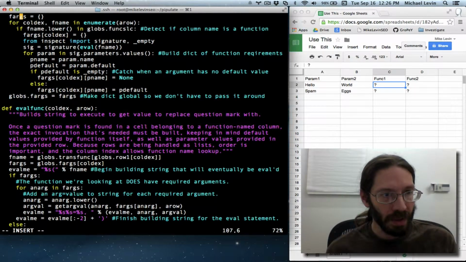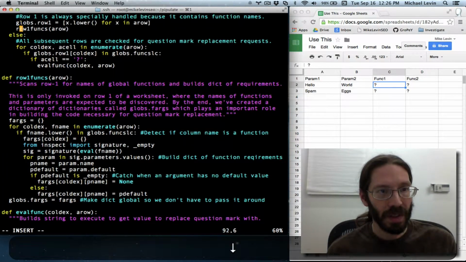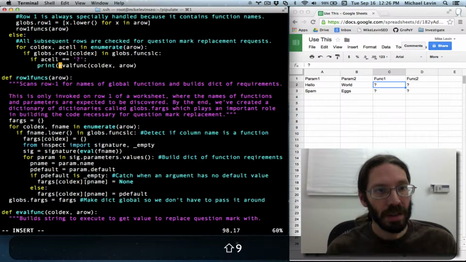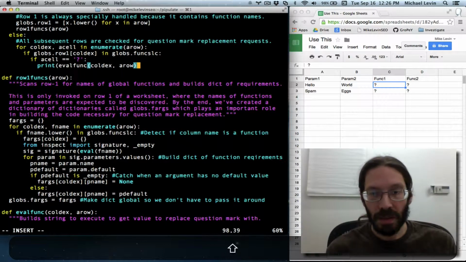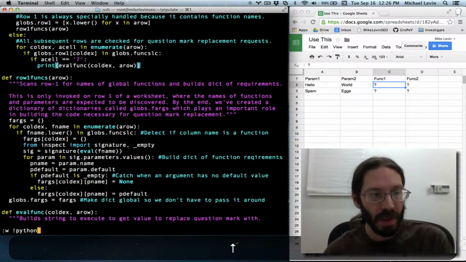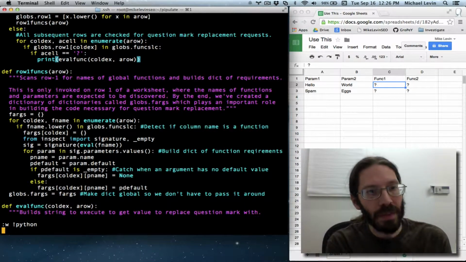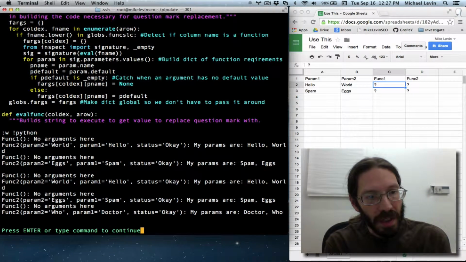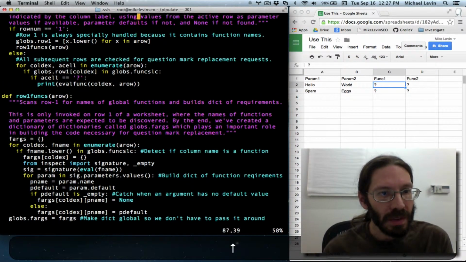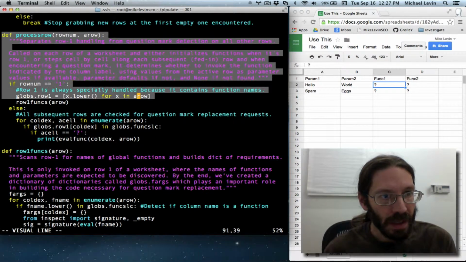So we go to where eval func is actually called, and there it is right there, and we put the print statement here now. And the output should be unchanged, but structurally the program is actually a little bit different, significantly different now, because this thing, process row, has